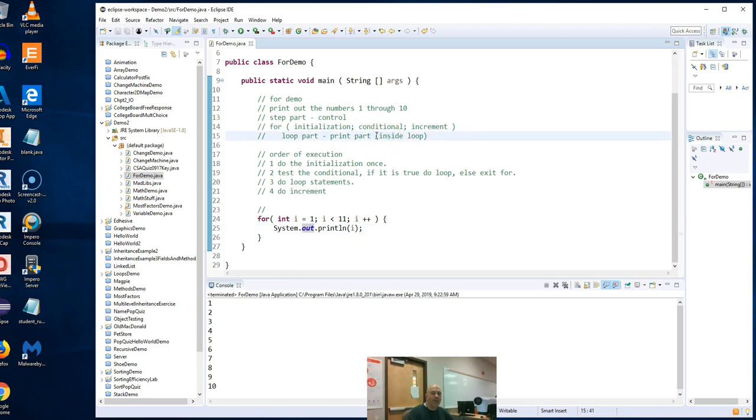The third part of the for syntax is the increment part. In the increment here, I do i++. Generally, the increment part adjusts the control variable. So here, I'm going to call i my control variable, and I'm using i to control when to do the print